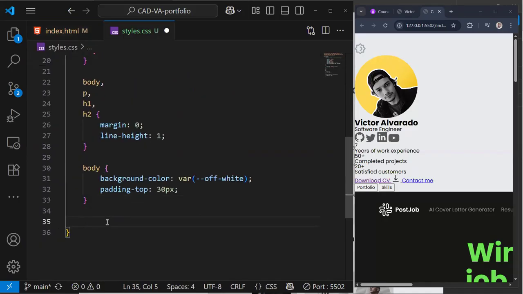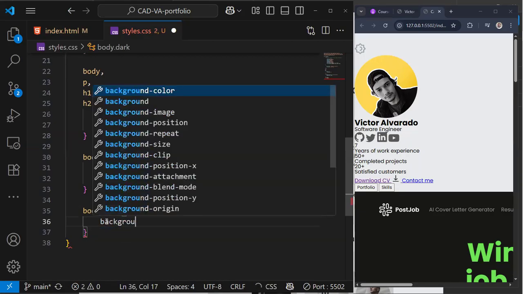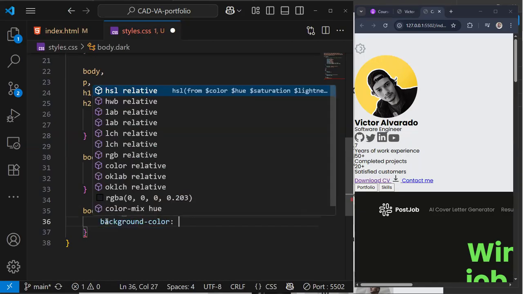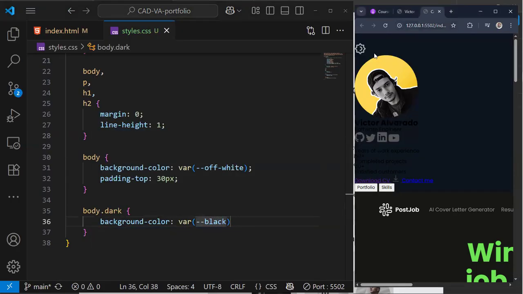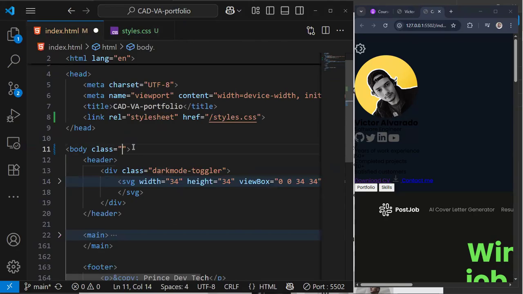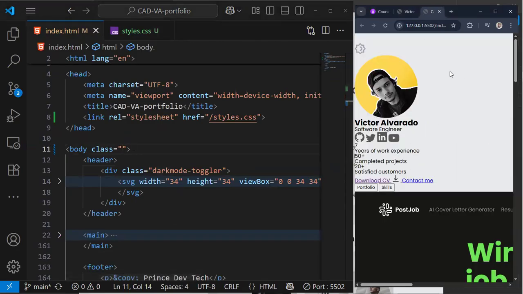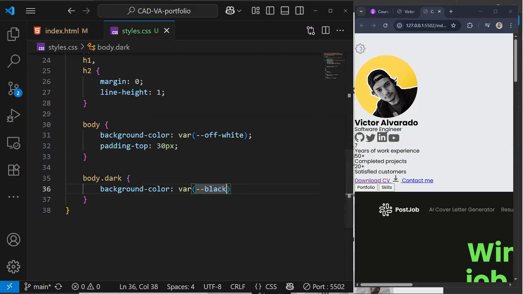Then we're gonna say we are targeting the body if it has a class of dark, right? So if this is the case, we're gonna set the background color to instead a variable of black, right? So you see now that the background changes to black because we have this class of dark here. If I remove this and save, you can see that it goes back to this off-white. So this is how we're going to control the light and dark mode. So anytime we want to check how everything looks on dark mode, we're gonna come here and add this class, right? So moving on,